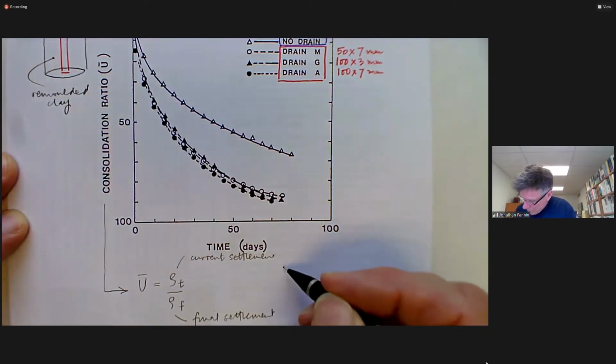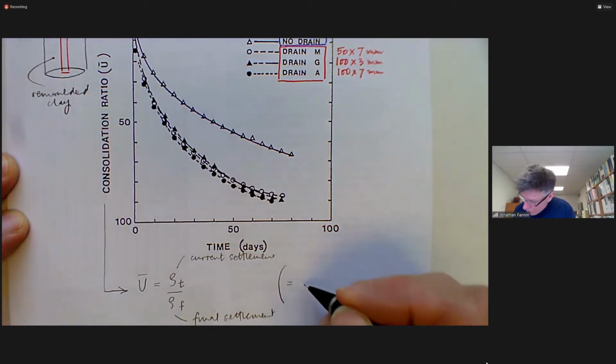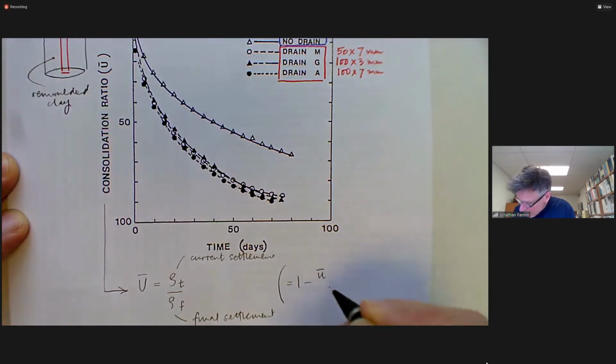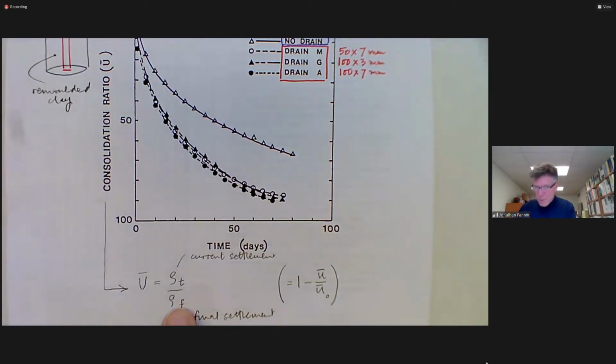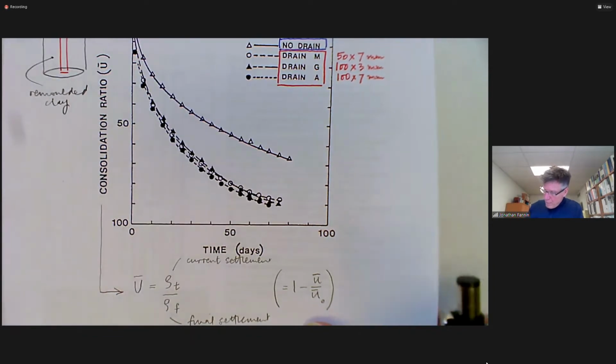We could also express this in terms of mean excess pore water pressure at the current time, non-dimensionalized by the initial excess pore water pressure, but I don't believe those measurements were taken. The commitment to measure that reliably is quite significant. The commitment to measure settlement is less so. And what we observe